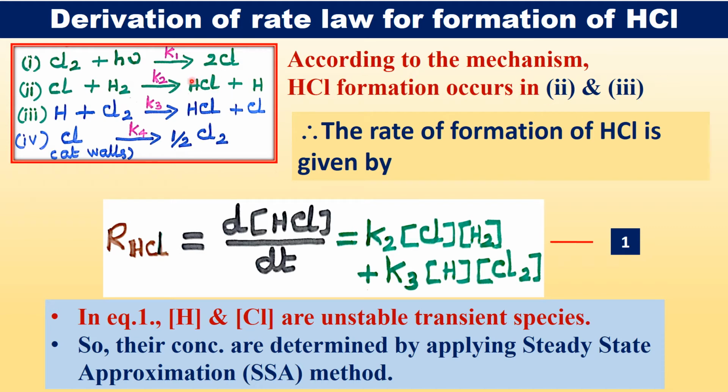According to this mechanism, HCl is formed in step 2 and step 3. Therefore, the rate of formation of HCl is given by